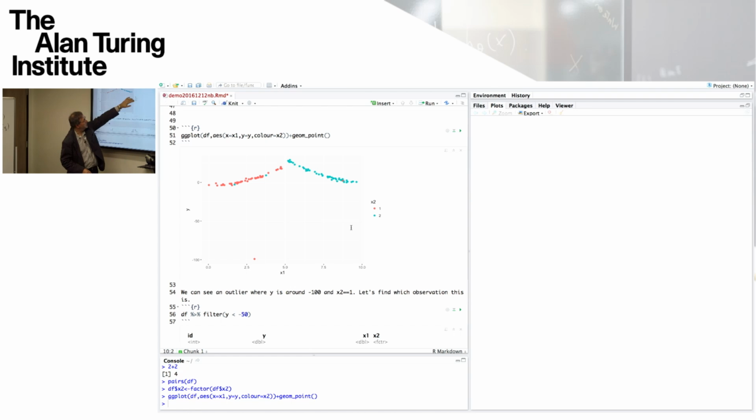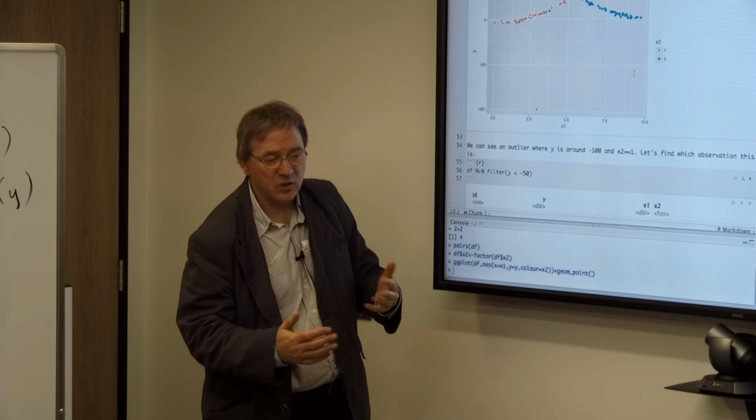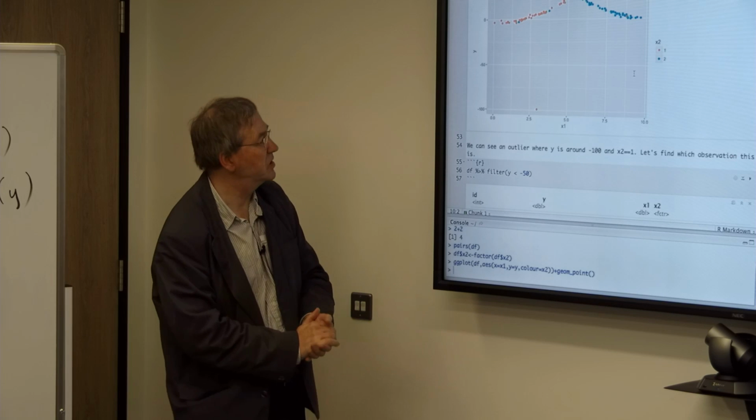There's a little legend here, so red is 1, blue is 2. So if we overlay the colour, we can see that x2 equals 1, except for a couple of rogue points here, is giving us the left-hand path when x1's less than 5, plus there's an outlier here. And then there looks like a rogue point over here when x2 is 1, and yet it's in the right-hand path. So maybe those are points that have been misclassified. Okay.